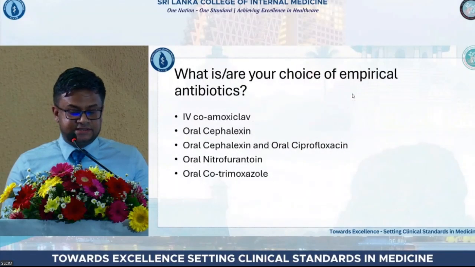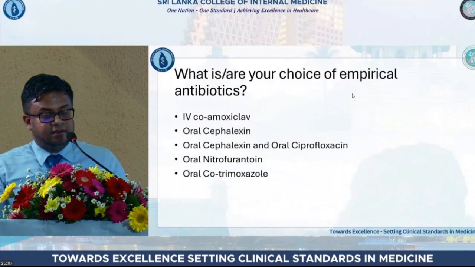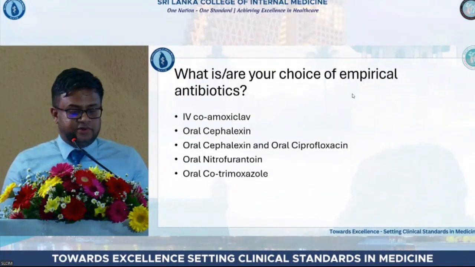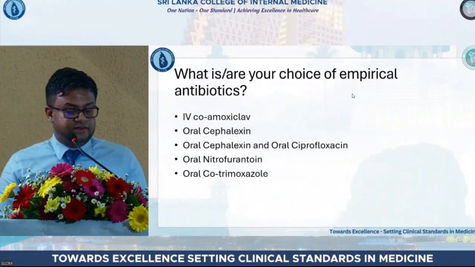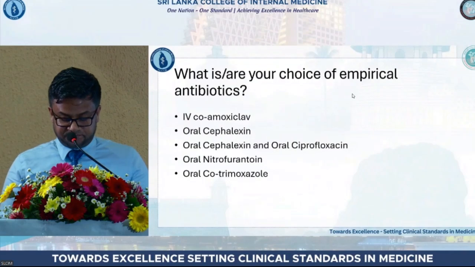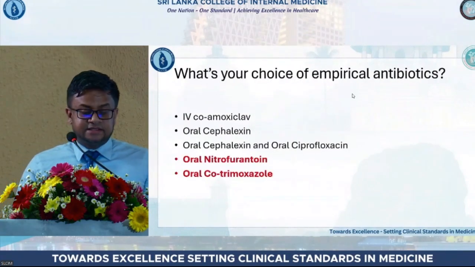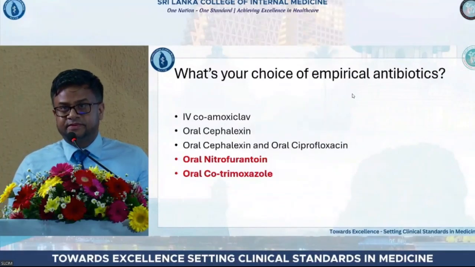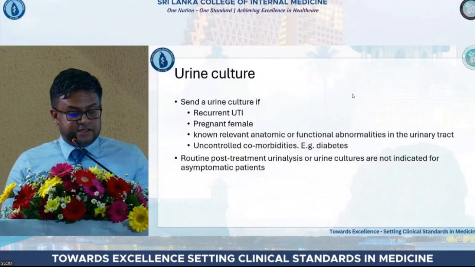The question is, what is your choice of empirical antibiotics? Is it IV coamoxiclav? Is it oral cefalexin? Is it oral cefalexin plus oral ciprofloxacin, oral nitrofurantoin, or oral cotrimazole? What would you think? The answer is oral nitrofurantoin and oral cotrimazole. Right. So